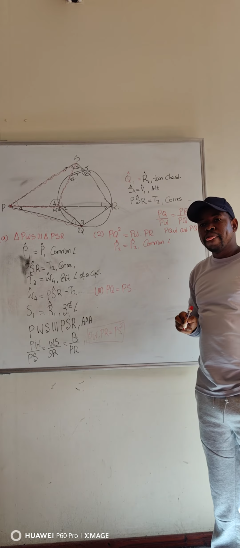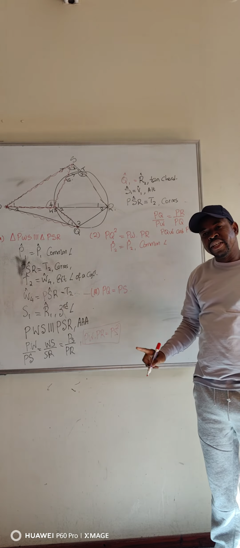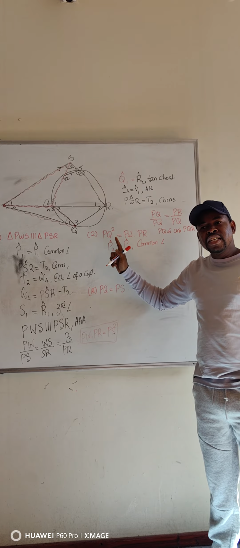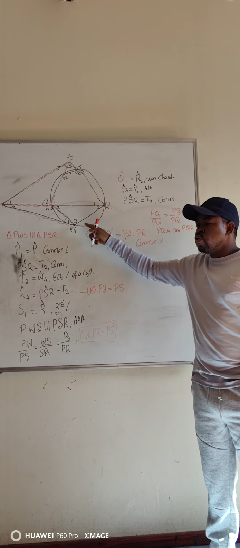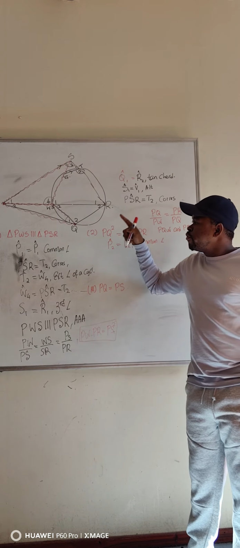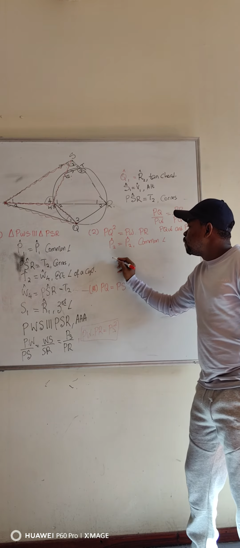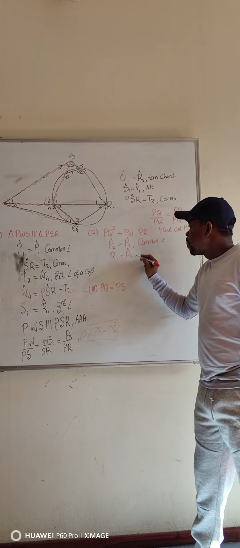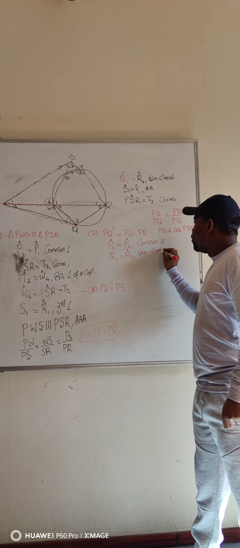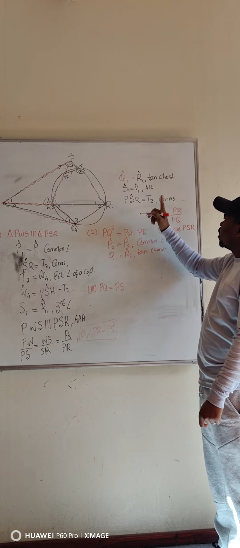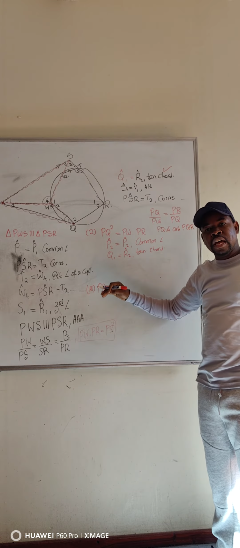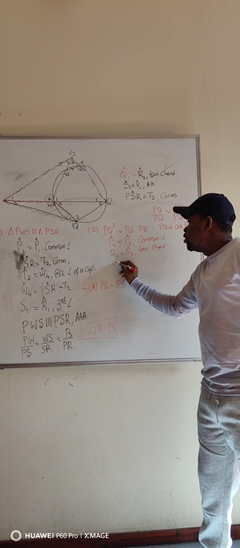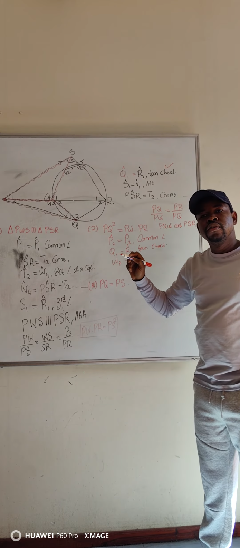Common angle. Okay. Then the second one, let's go back to the statement. The statement says that PQ is a tangent at Q. So what does that mean? We've already gotten that angle Q1 is equal to R2. What is the reason? Tan chord. And remember, when we started, we already have it somewhere. There we go, you're just taking it and putting it there. Therefore, it means that W3 is equal to,